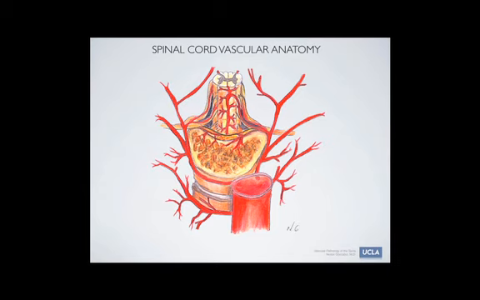However, when the radicular branch extends all the way into the spinal cord, it can connect either to the posterior aspect or to the anterior artery, and it's going to form the anterior spinal artery or the posterior spinal arteries. When this happens, this middle branch is not a radicular branch, but is called a radiculomedullary branch. And Adamkiewicz is basically a large radiculomedullary branch in the thoracic region. In the cervical spine, all those branches that I was showing are radiculomedullary branches that are forming the anterior spinal